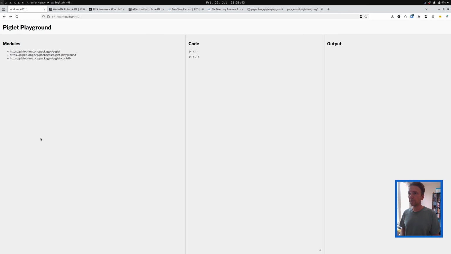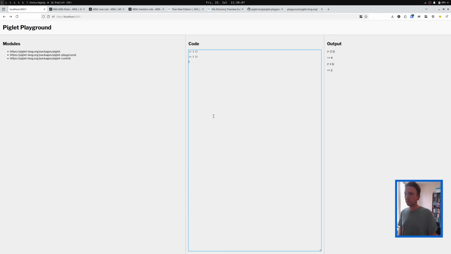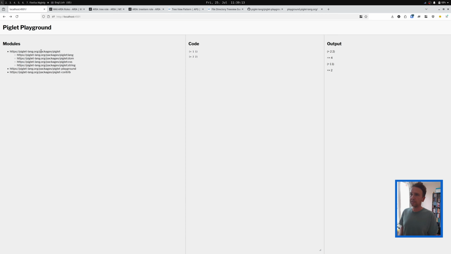Let's reload that here. Yeah, and right now it only does a couple things. Basically, there's a text area here. You can put code in here. If you do Control Enter, it runs that code and inserts the results here. Right now it inserts each one at the top, so it's kind of reversed. Maybe we want to actually change that to be at the bottom and to have it auto scroll. And then what I've been working on here, I mean, this is still unstyled, but basically this is a tree